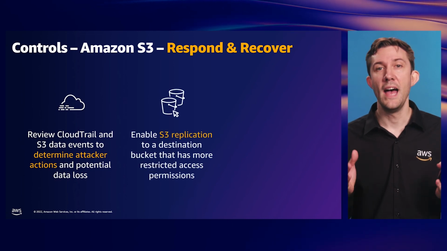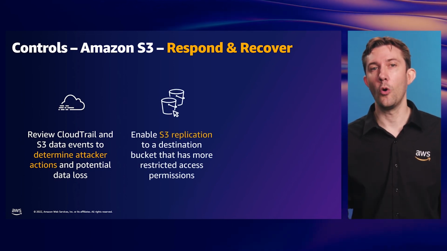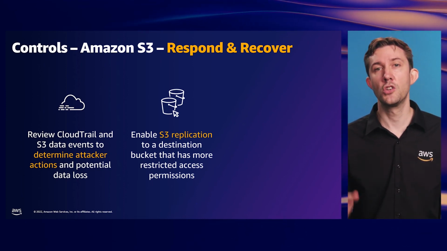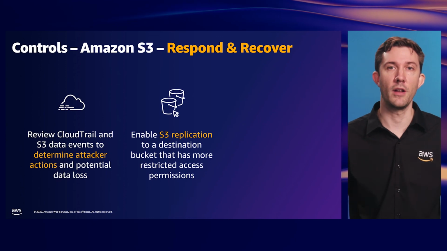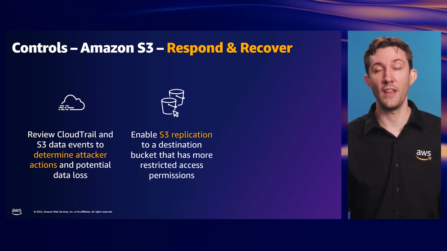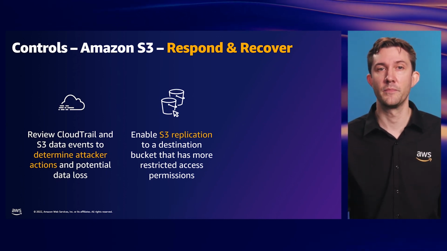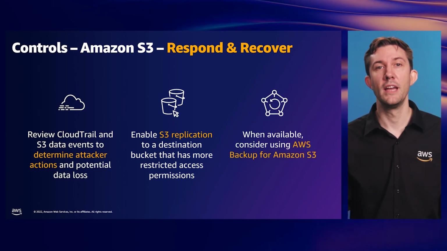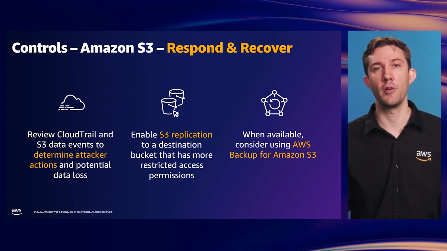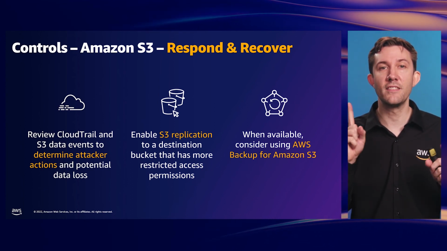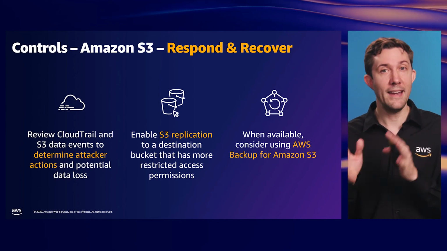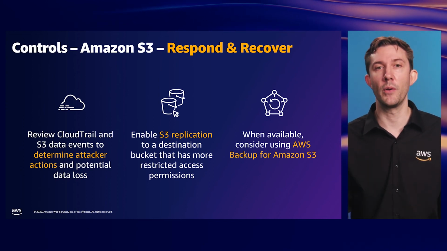As I mentioned, Amazon S3 replication is an automated copy process that will duplicate your S3 objects to another bucket for easy recovery. Just make sure to check those S3 permissions are correct. And in public preview now is AWS Backup for Amazon S3. This will let you create a single central backup policy for your data in S3 and RDS and a bunch of other AWS services.